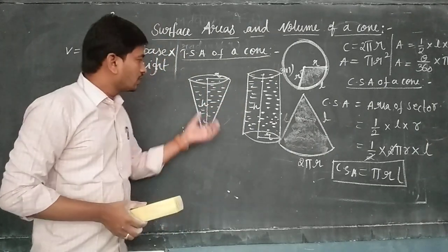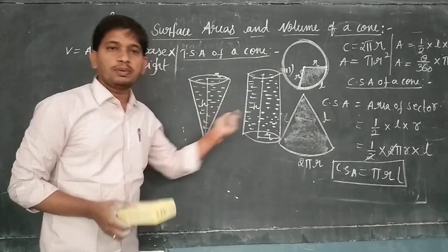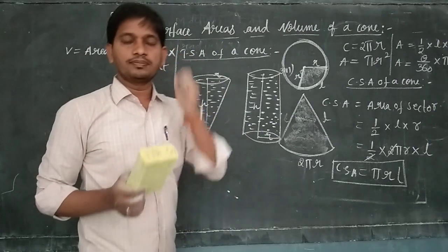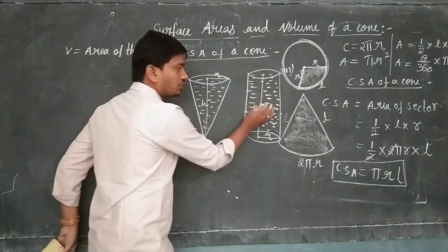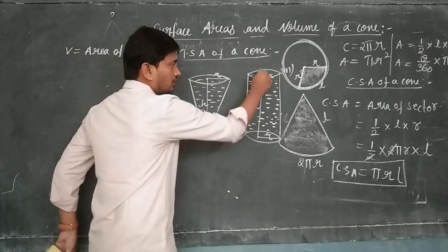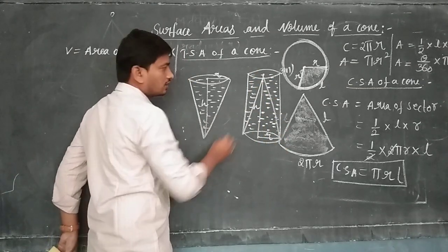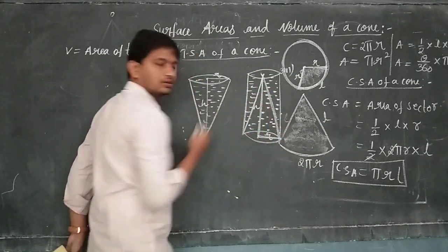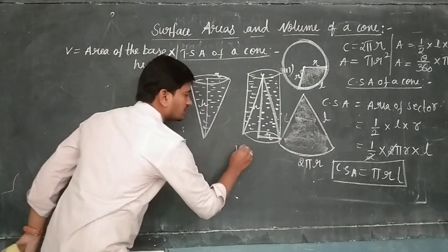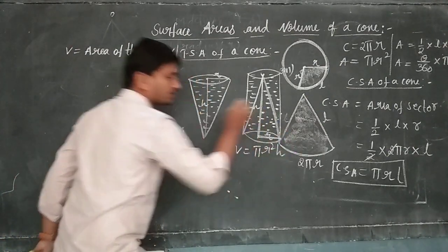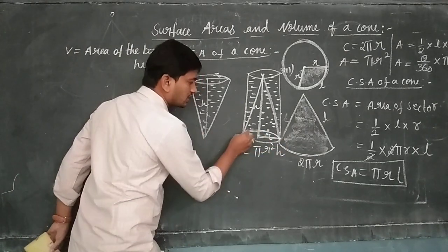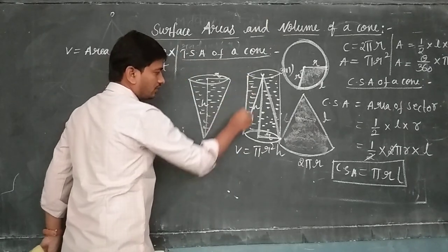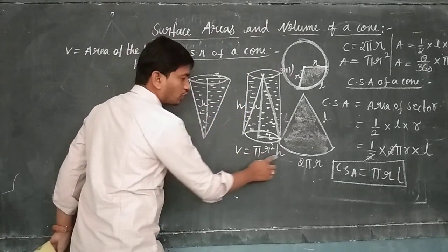I want to say that volume of cone will be 1/3 of the volume of cylinder. Let me fit this cone into the cylinder. See here, this is our cone. As we know, volume of cylinder is pi r square h, because its bottom face is in the shape of a circle, area of the base is pi r square and height of the cylinder is h, so volume equals pi r square h.